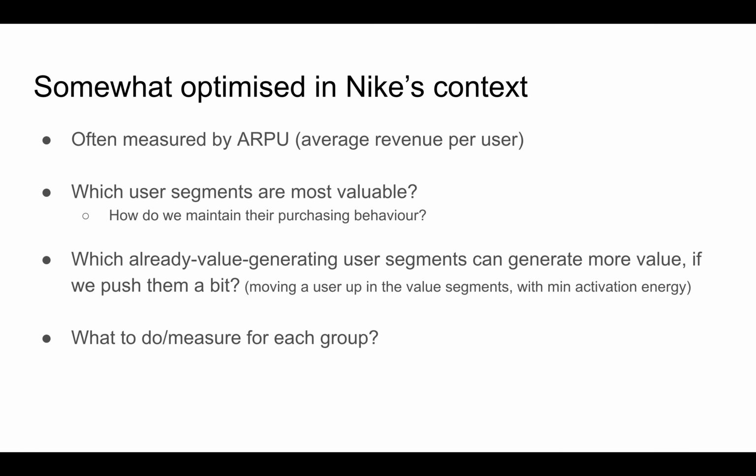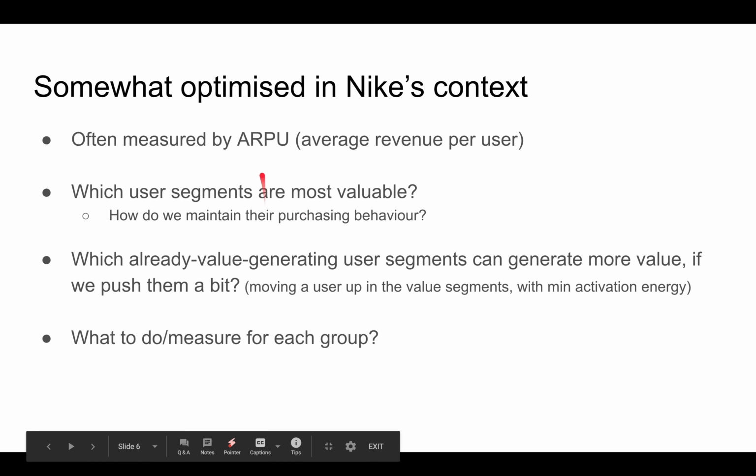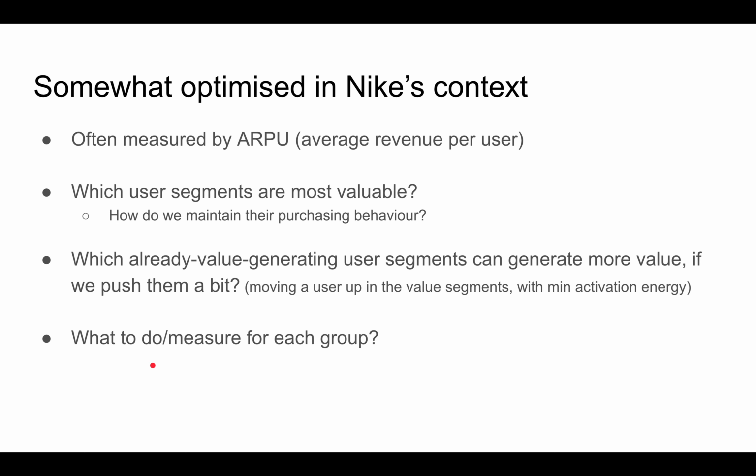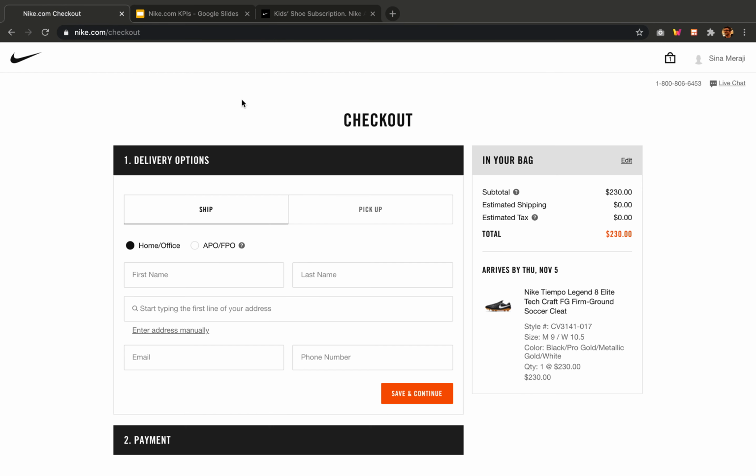So this is a somewhat optimized state in which you come up with these segments and you look at the amount of value generated from each segment and how much effort it takes to generate more value from that segment or to just maintain it, and based on that you prioritize. And obviously you're looking at your resources as well, your product, engineering and data resources. In the case of Nike, I'm going to guess they have enough resources and they're probably doing all of these. So the recap here would be, you look at all those different segments, you come up with some goals for each of them, and based on that you define what should we do and what should we measure for each group. Now, if we want to come back to the context of this website,